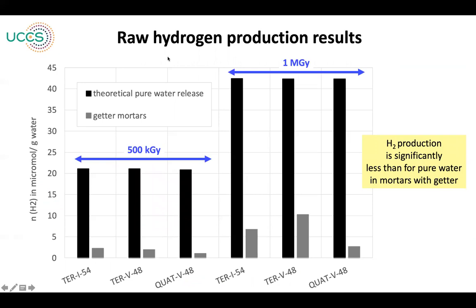So the raw hydrogen production results are presented here in micromole hydrogen per gram water. The results on the monolithic mortar samples are compared to the hydrogen released by pure water subjected to the same irradiation, for the same quantity of water present in the mortar, with about 500 kilograys for the 3 mortar formulations designed in this study. We have here for pure water a bit more than 20 micromole per gram water, and with 1000 kilograys, we have again results in black, more than 40